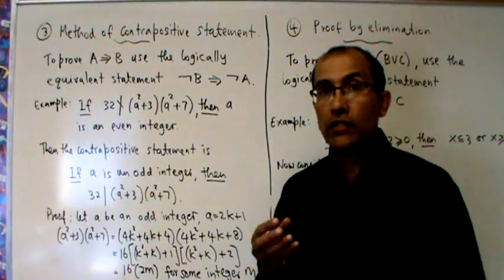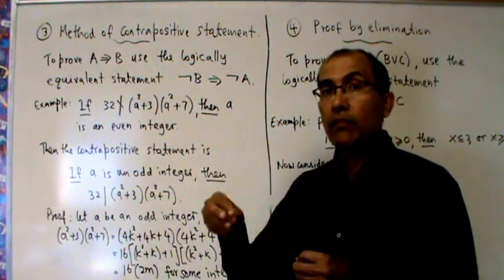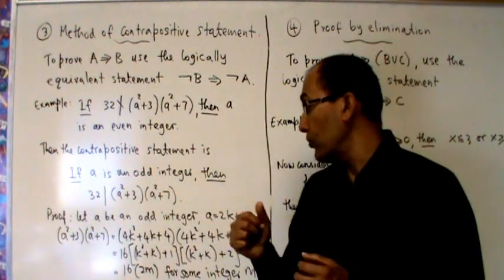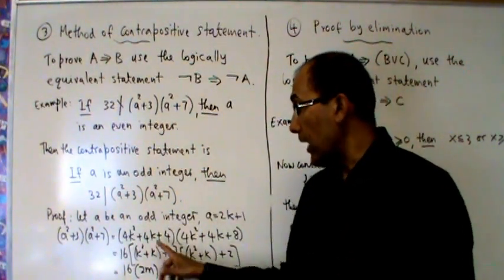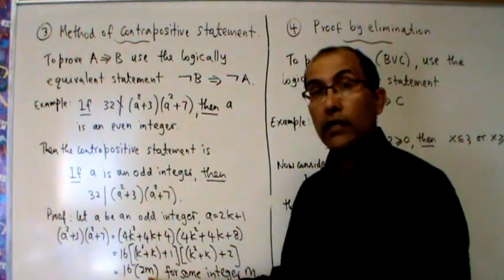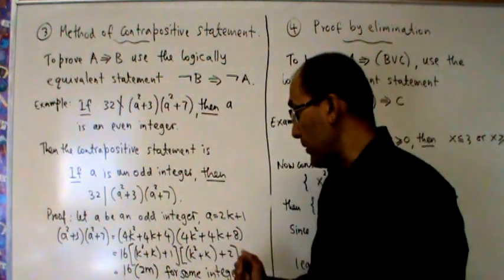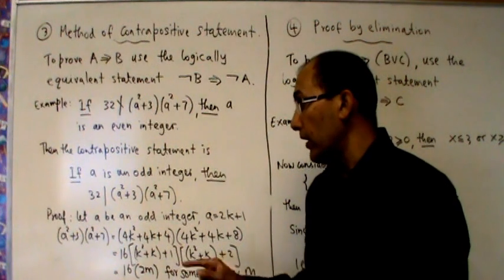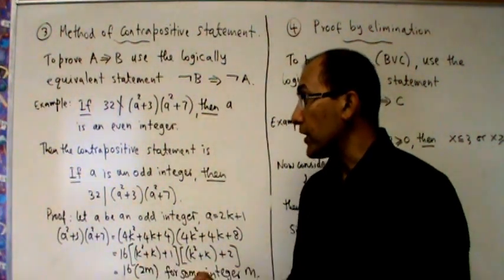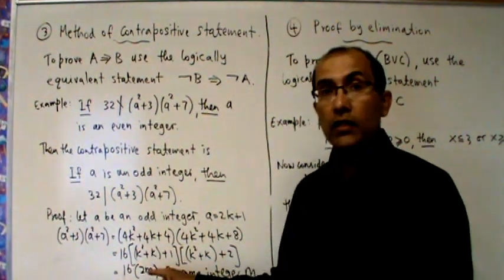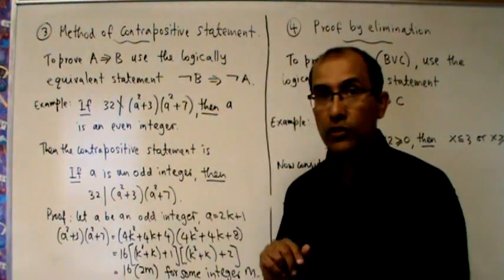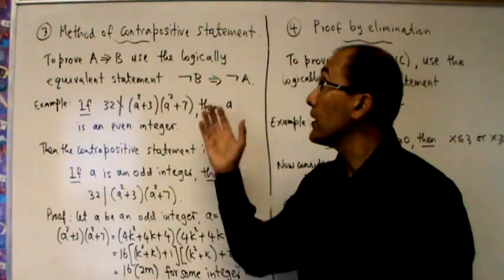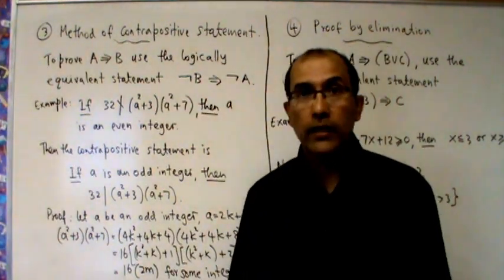Because if you have an integer plus 1 and then multiply by that same integer plus 2, then we definitely get an even integer. So that means this expression must be like 2 times m for some integer m. It has to be even, which means we have the 32 here, so that will be 32m. Therefore, 32 will be a factor of this expression. And that's how we use the contrapositive statement.